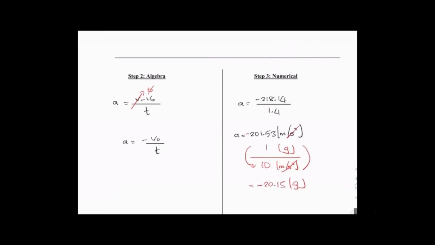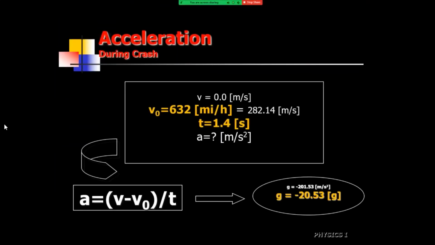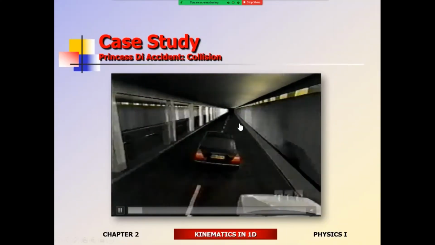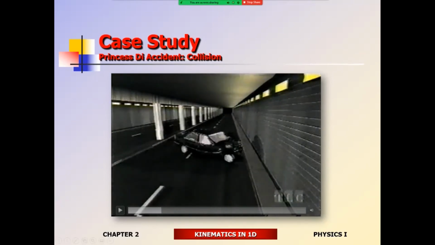And then he keeps repeating these experiments and looking for some kind of an upper threshold. And then he discovers that around 25 Gs, you're going to start to break bones. So the car companies get what they were looking for. They noticed that you can survive up to 25 Gs for up to a few seconds. That's an important finding. 20 to 25 Gs up to a few seconds, you can survive. Just after the impact, that's only about 2 seconds. And then they start building their cars for impact around the number of 20 to 25 Gs at reasonable speeds like 40, 50 miles per hour.